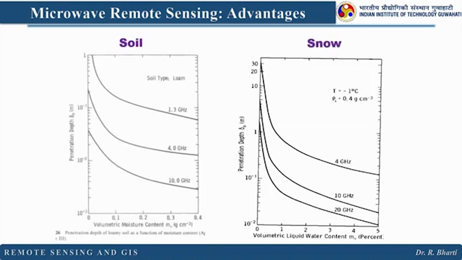Here you can see the penetration depth for soil. This is the volumetric moisture content. So, when you are having more moisture content, your penetration will be less or more, that you can see from here. In case of snow also, as you are increasing the volumetric liquid water content, then the penetration depth will change,